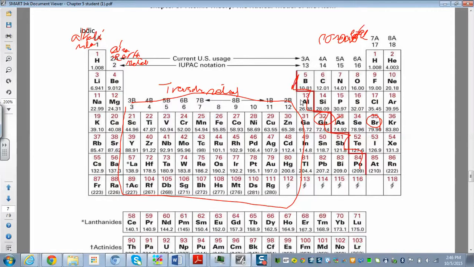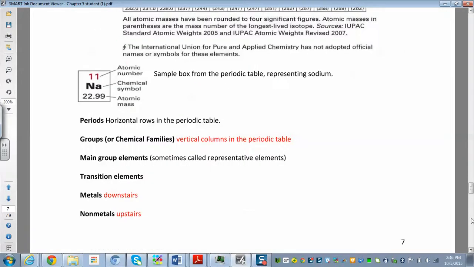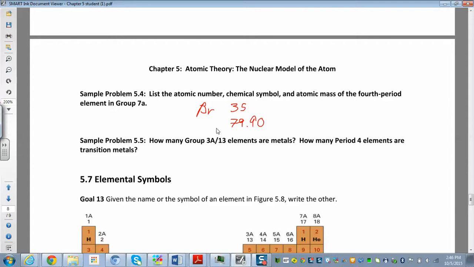All right, so we have 1, 2, 3, 4. So we're looking at things under the steps. So group 13 has 1, 2, 3, 4, because they're all under the steps. So that has 4. And then how many period 4 elements are transition metals? All right, so we have 1, 2, 3, 4, and then so this is period 4, starting here. And all these guys, if you count over, there's 10 in this row. So there's 10 transition metals in period 4. All right, so there were 4 metals, and then there were 10 transition elements.